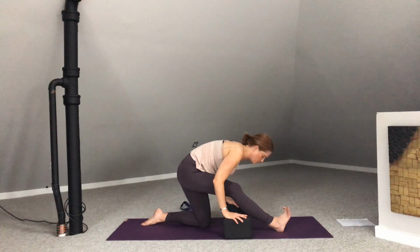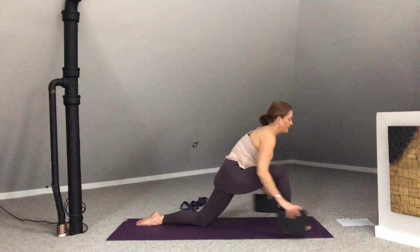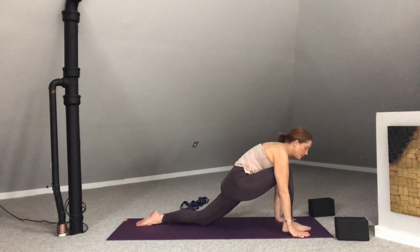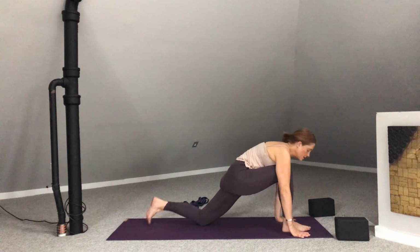Curl the toes back towards that shin. One more in-breath here. And then lower that right foot down. Plant the palms to frame the foot. You can step it back to tabletop and come to elbow plank and lower down, lift into Sphinx, or moving